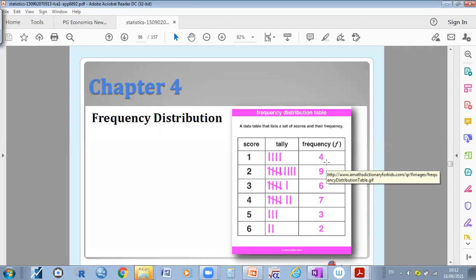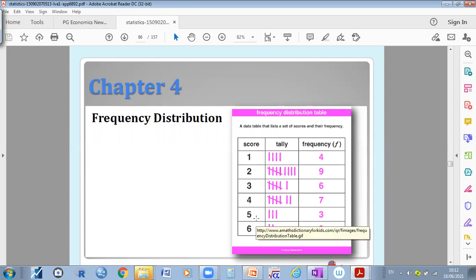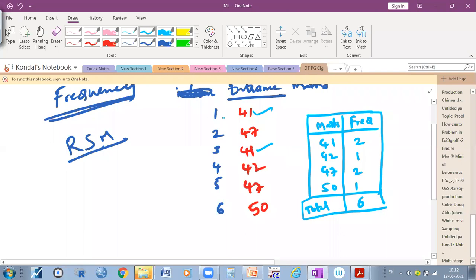Nowadays the system or computer can generate how many members have got 2 marks, how many have got 3 marks, how many have got 4 marks, how many have got 5 marks, how many have got 6 marks. Like that, here I have taken your score instead of 1 to 6, I have taken 1 to 100. But you people got 41 to 50. This is the minimum marks in your class. This is the maximum marks in your class, right? Minimum and maximum. So this is a marks and frequency table. Have you understood this one, frequency? How can we do the frequency?